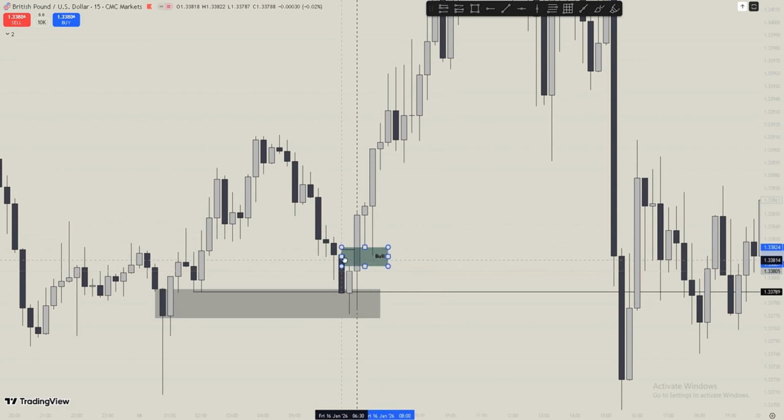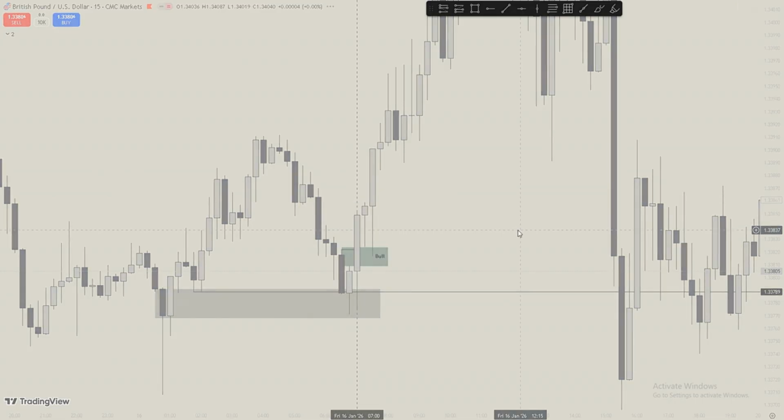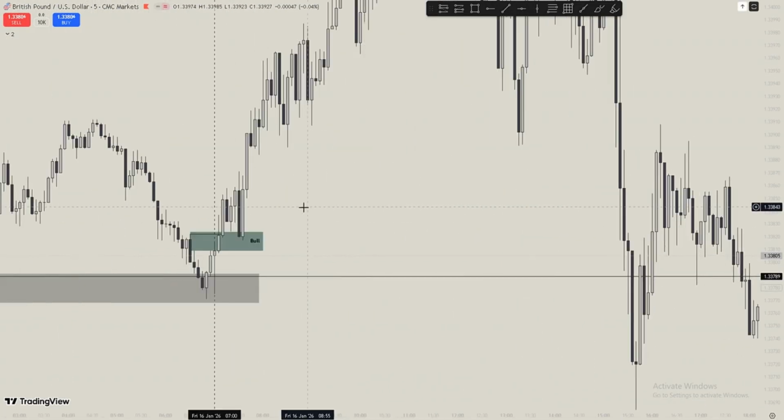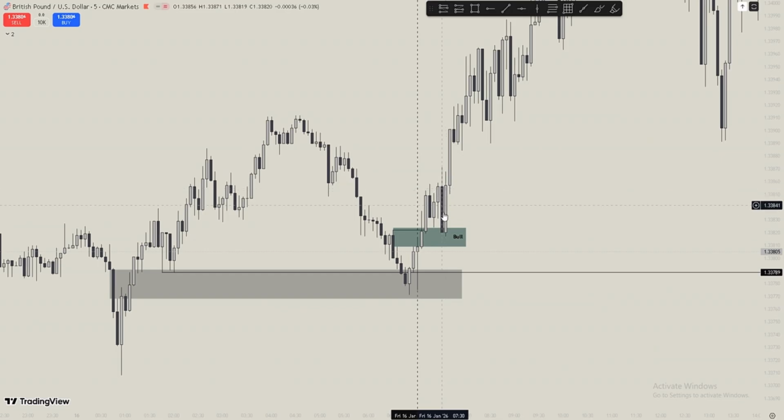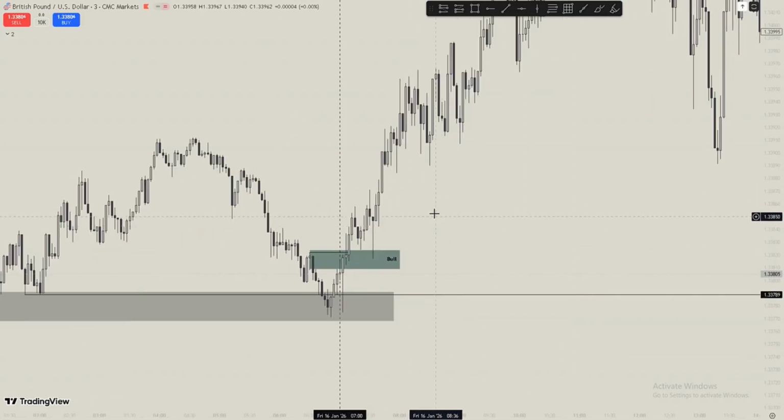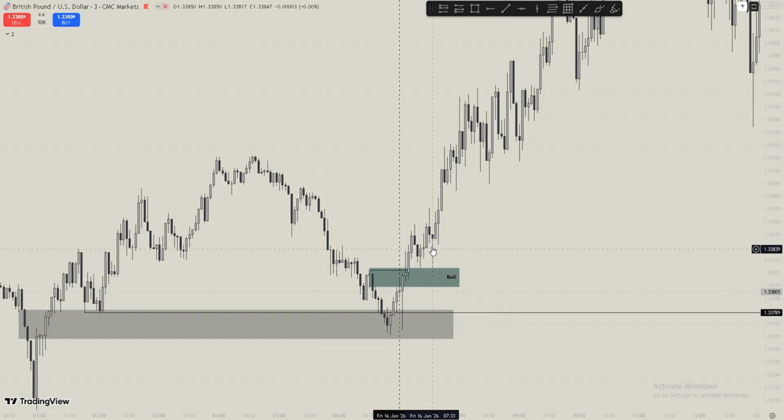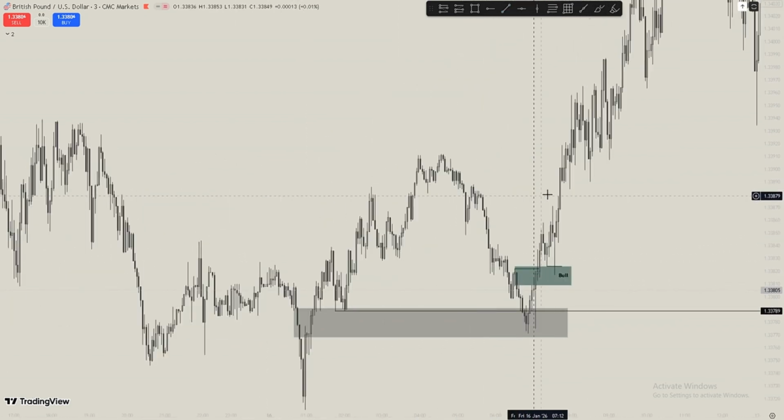I was waiting for price to reject this fair value gap, jump and give me some good candle to enter. On the 5-minute time frame, there was this breakdown movement, so I was expecting that it may break this fair value gap, but it may not. After this happened and then pulled back, it rejected this area, and also there was a liquidity strip down here. I opened a trade here